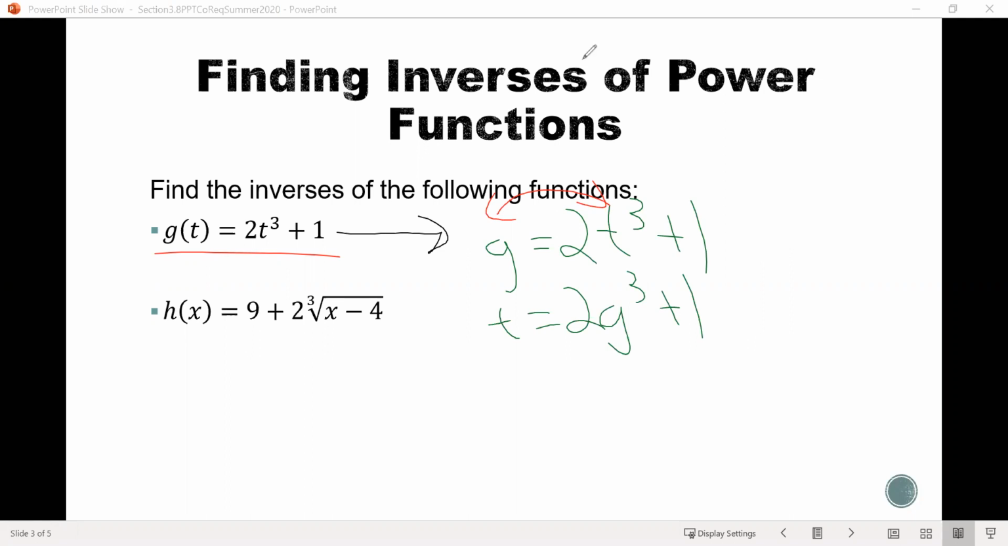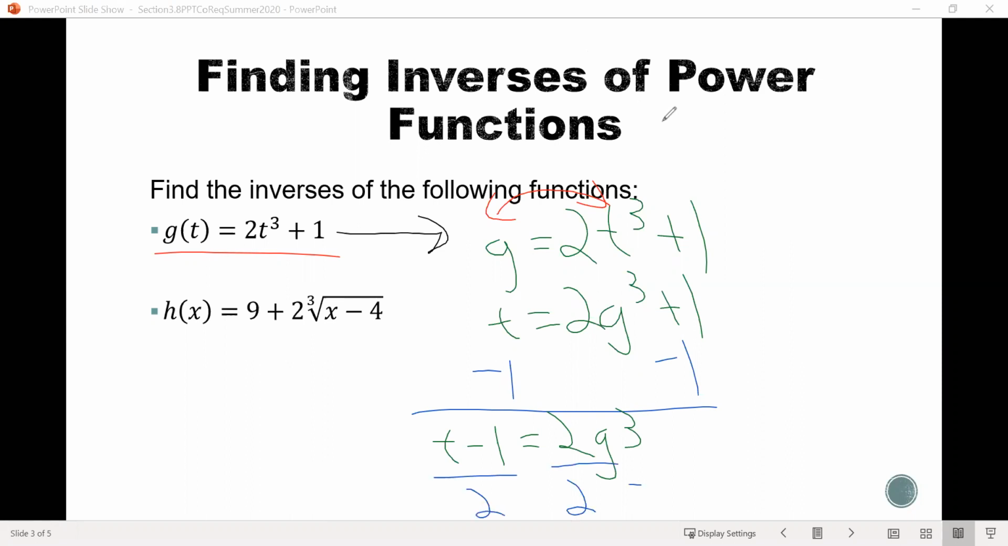And then I want to isolate the output variable here, the g. Okay, so get that alone. The way we can do that, we just studied this in the prereq material, subtract 1 from both sides. So we will have t minus 1 equals 2g cubed. We cannot combine the t and the minus 1 because they're not like terms. Can then divide by 2 to isolate the g cubed term. So we have t minus 1 over 2